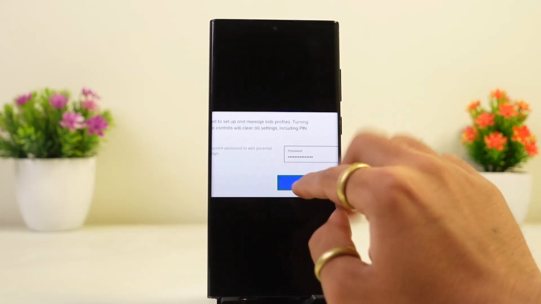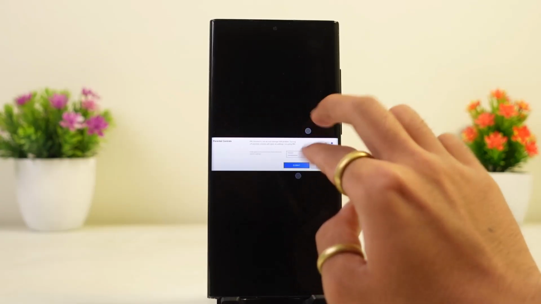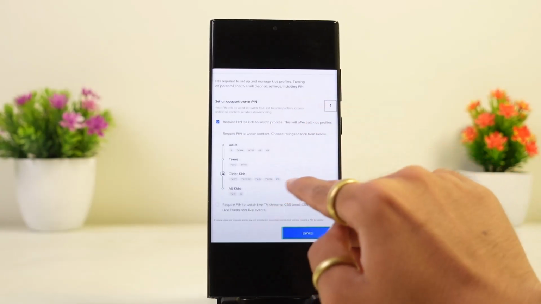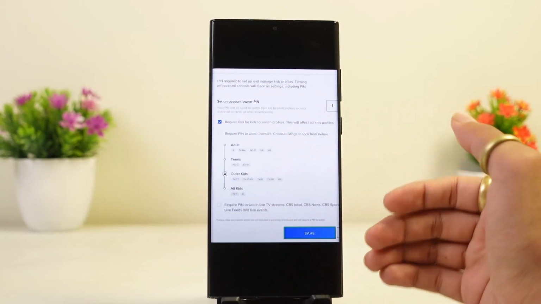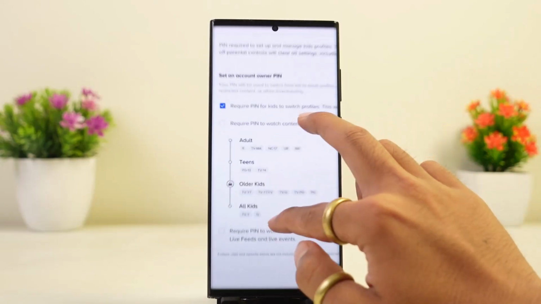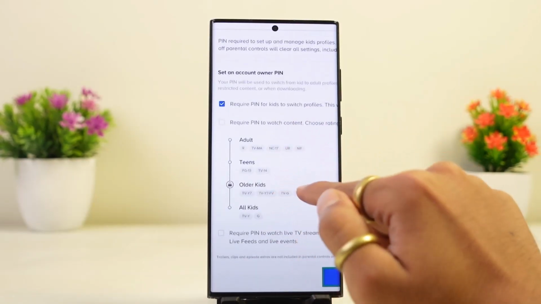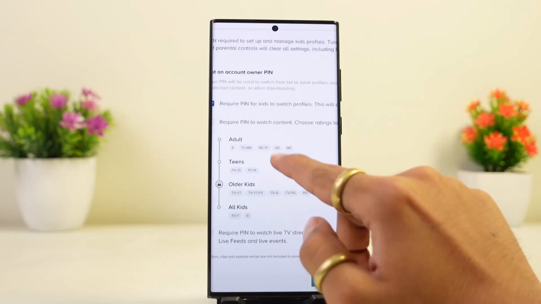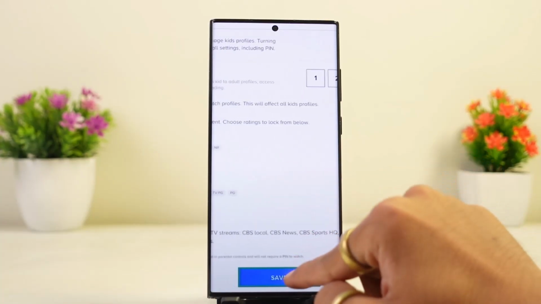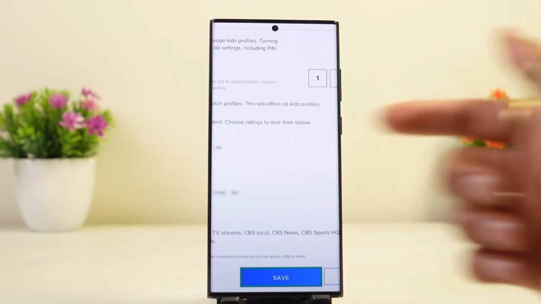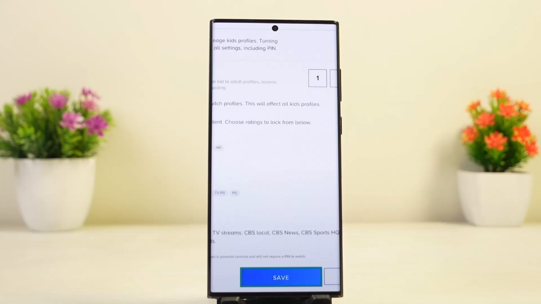From there, you can choose to set up a PIN as well. And once you set up the PIN, you can also choose the exact content ratings from here. You can choose between adult, teens, older kids, and all kids. Once you select any of these options, make sure that you save it by tapping on the save option. And that is how you can change Paramount Plus maturity rating